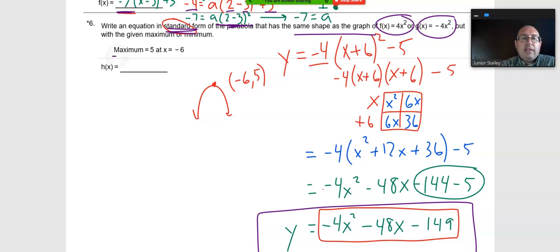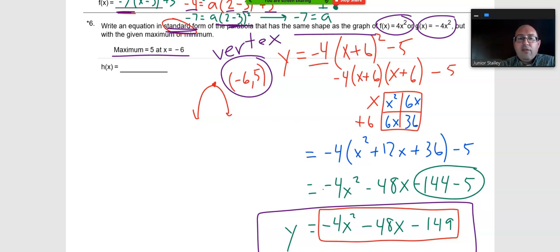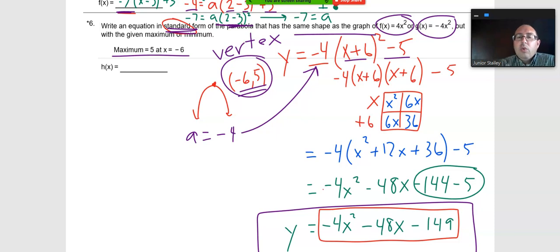How do I know which one it's going to be? Well, they tell me that the maximum is 5, and it occurs at an x value of negative 6. They just told me the vertex, right? And since it's a maximum, I know that this thing opens down. That forces the a value to be negative 4. So now I know that. I know the vertex. So you'll see that I started out in vertex form. That was the easiest thing. And if they had asked me to write it in vertex form, I'd be done with this question. But they decided to ask about it in standard form. So we got to follow our